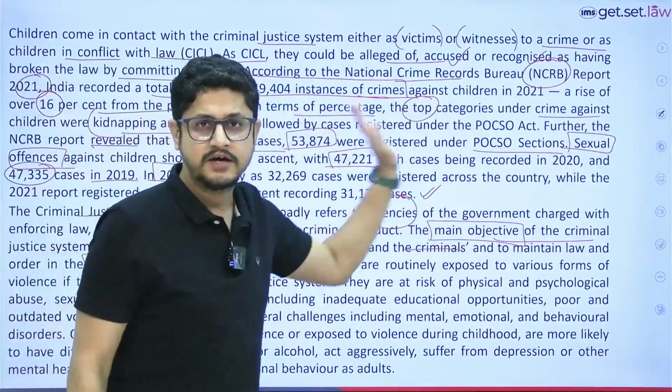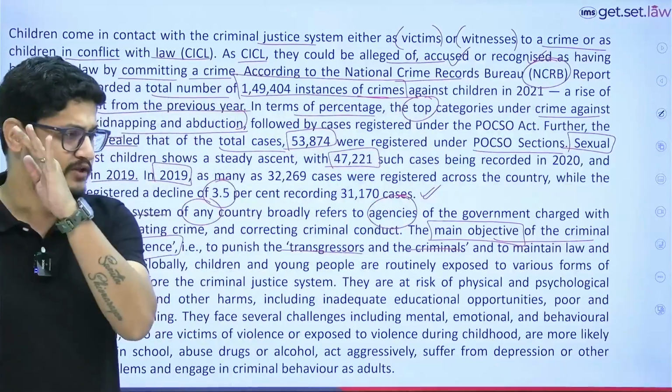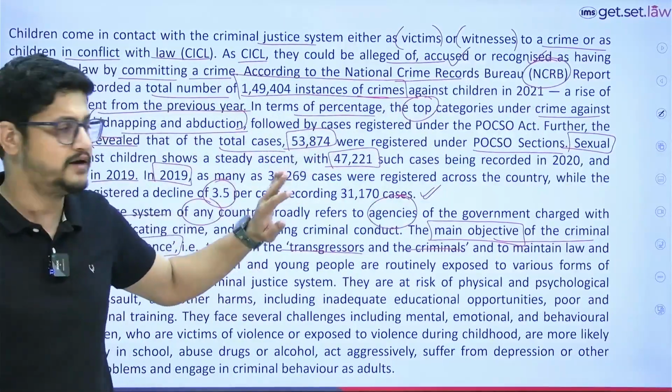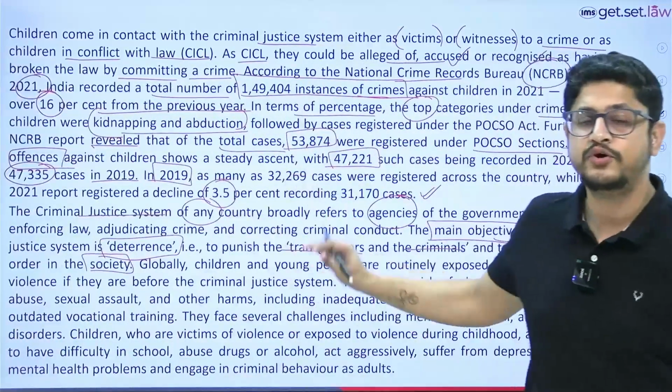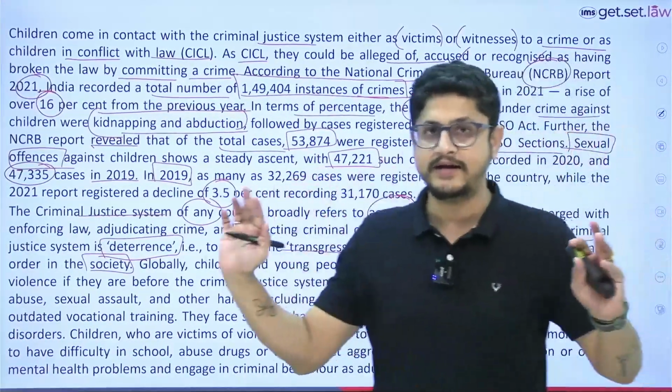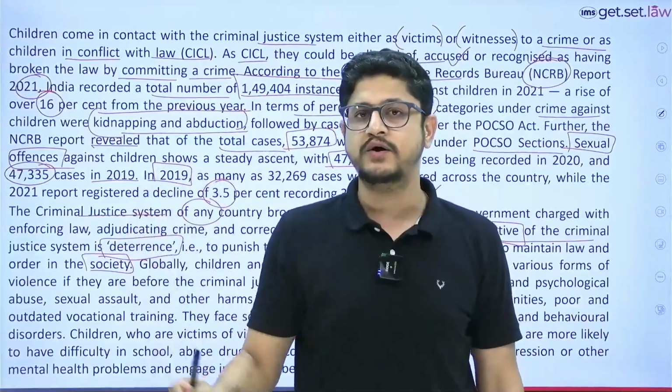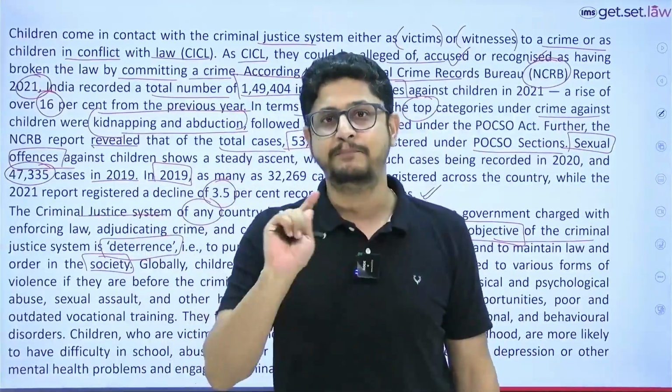Maybe you can just... what do you call it, a skim reading you could have done, but in the entire paragraph where these terms come, that what's the objective, you would have properly highlighted. But highlighting not by a highlighter, it's not allowed. It's a blue or a black pen which you can use.